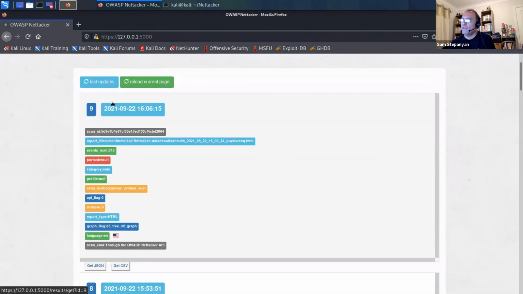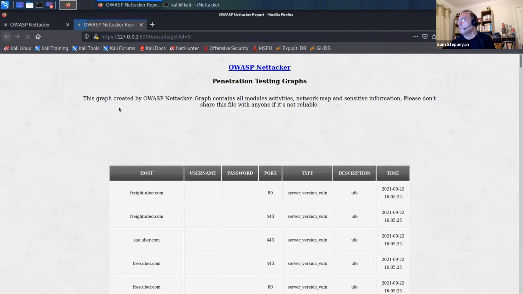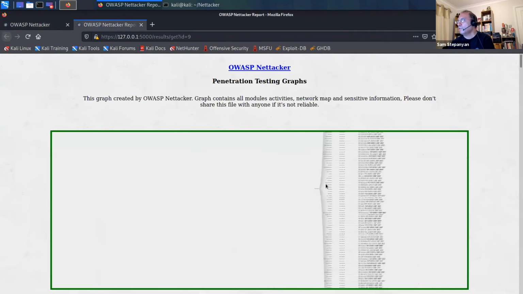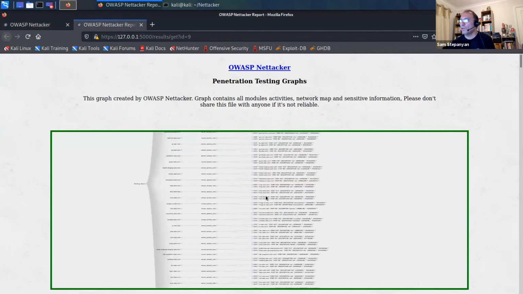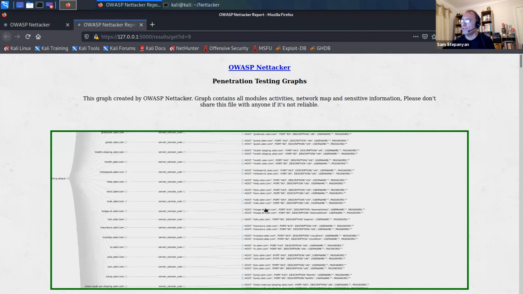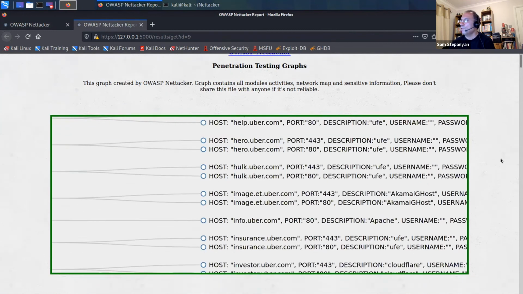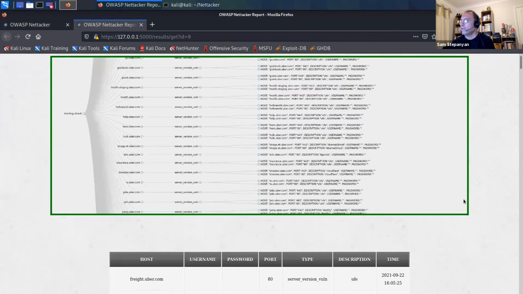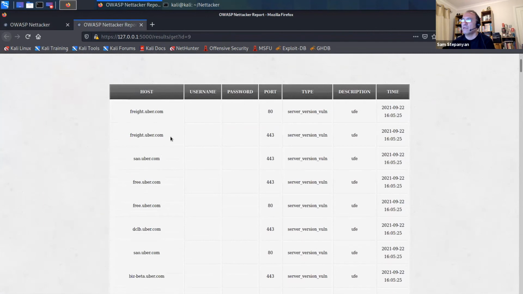So, okay, if I now click on this latest Uber scan, okay, this is absolutely massive. You can see this is all the Uber's externally facing service with all the subdomains and all the port numbers presented as a graph, or you can see them here in the